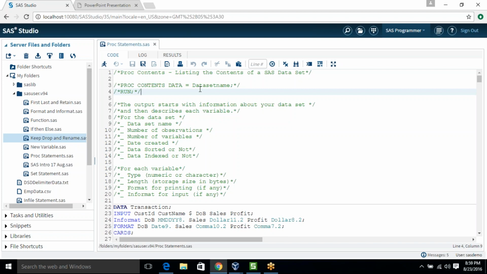But now we are working to analyze our data. In our previous step, we were only creating data sets. Now, how to do analysis on that data? So now we are going for the proc steps. Proc is called a procedure. So here we are taking some of the very important procedures, okay, which we will go through one by one. So if anyone has any doubt, just let me know.